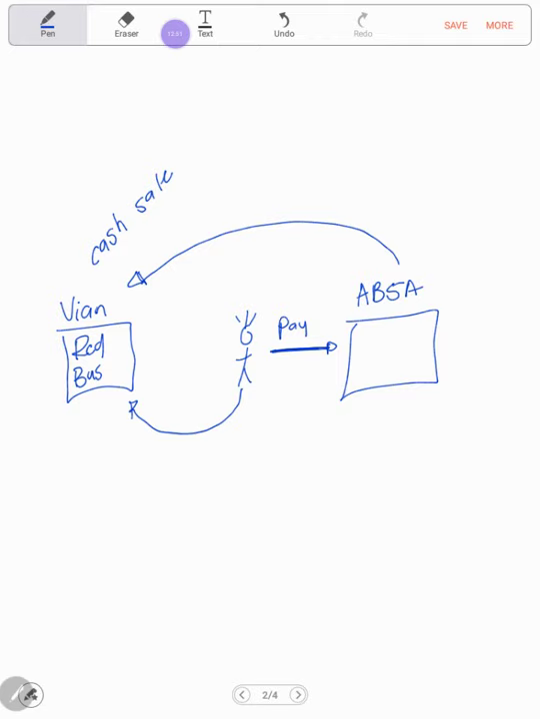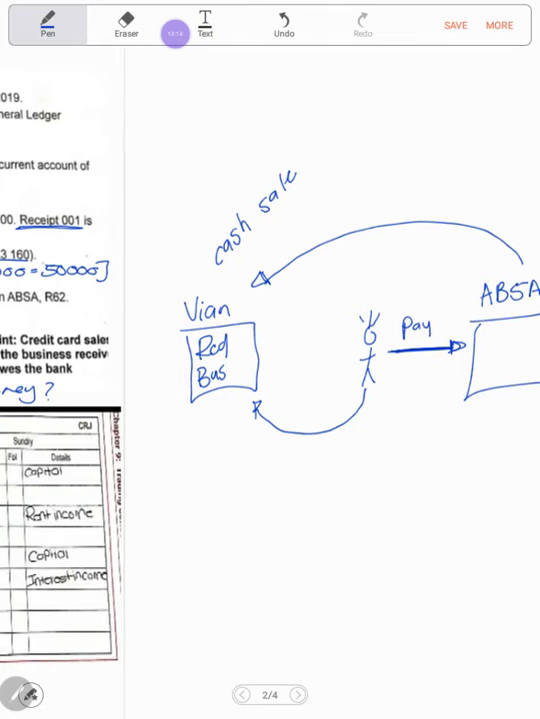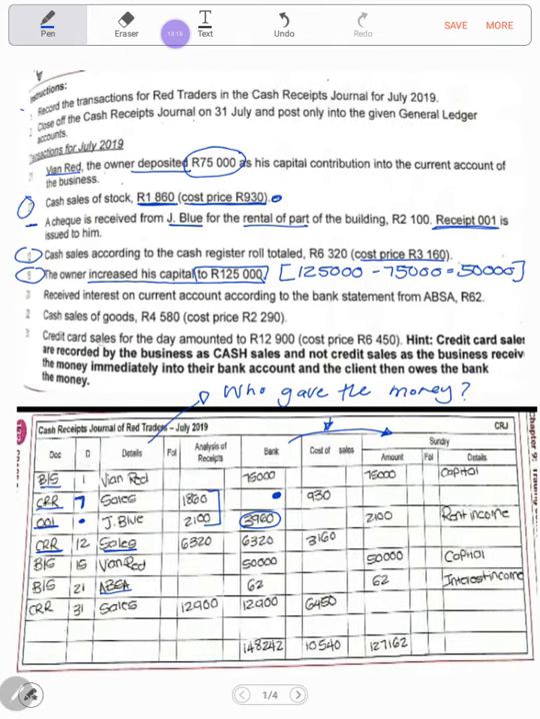What is a good credit scoring? He manages credit well and the bank is happy to lend him money whenever, wherever. Alright, as long as the customer pays the bank the money back, obviously with interest. Alright, so I hope that makes sense to you guys, and that's why credit card sales for the day amounted